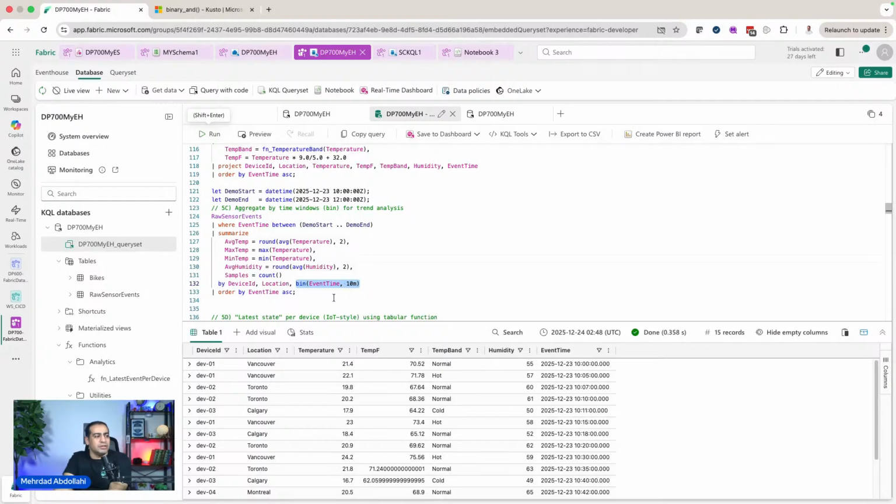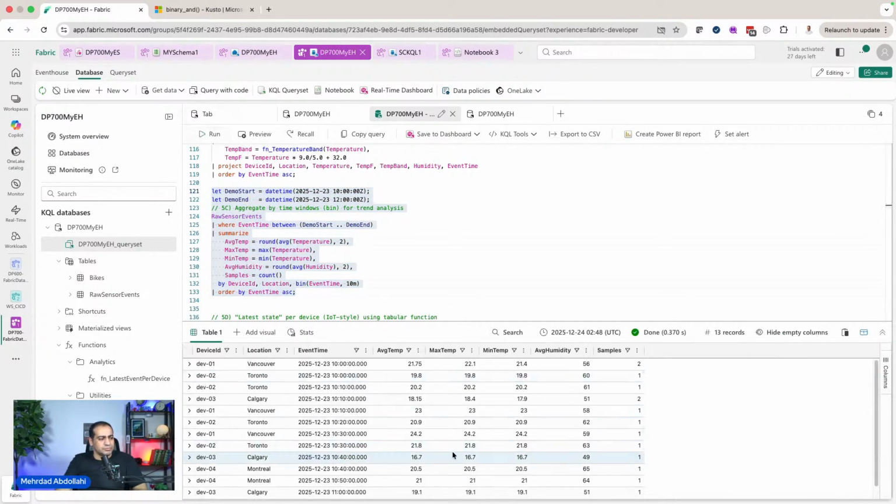And it is going to be summarized, or basically aggregated in different shapes, by the device ID, location, and the more important one here, the bin, which is basically the time window, for every 10 minutes. For example, for every 10 minutes for this device ID and location, aggregate the values for me and order it by the event time. And if we execute it, it's going to give us more data. And if we only look at the device ID of dev2,